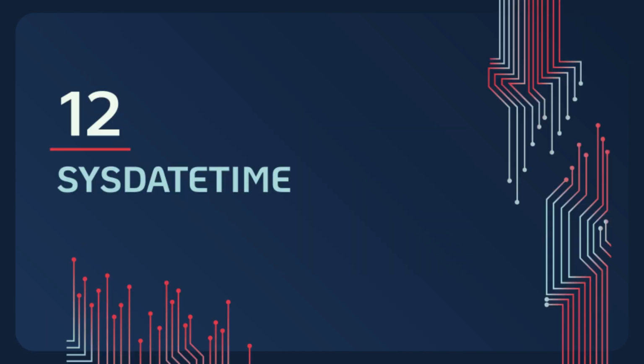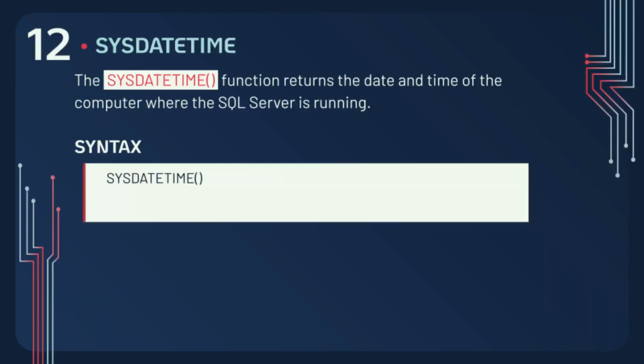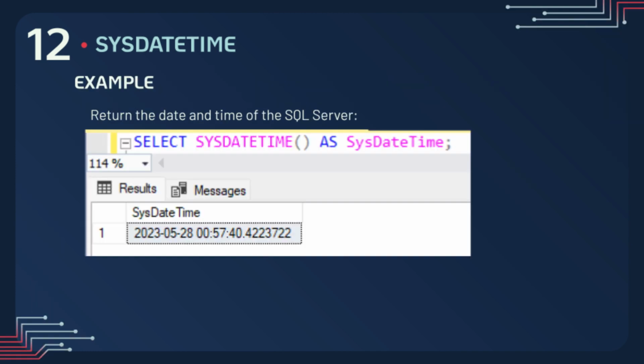And now, let's head on to the SYSDATETIME function. The SYSDATETIME function returns the date and time of the computer where the SQL Server is running. So we have here the syntax, SYSDATETIME. And here's an example. SELECT SYSDATETIME as SYSDATETIME. We have here the exact system datetime, which is 2023, 5/28 with 0, 57:40 with a few milliseconds on